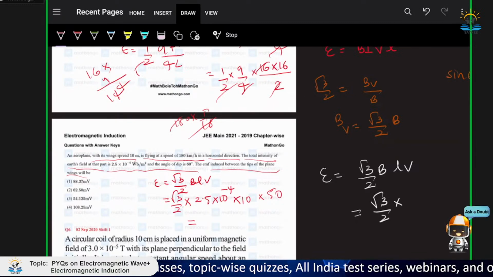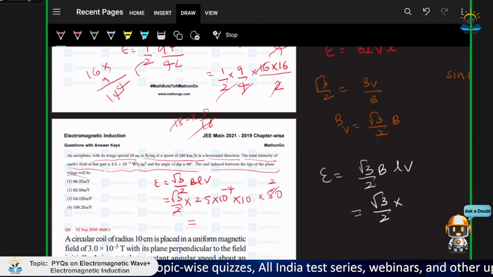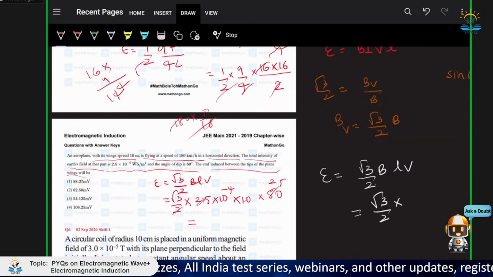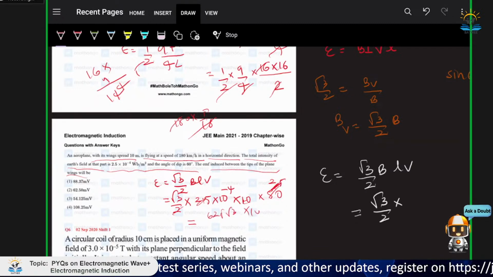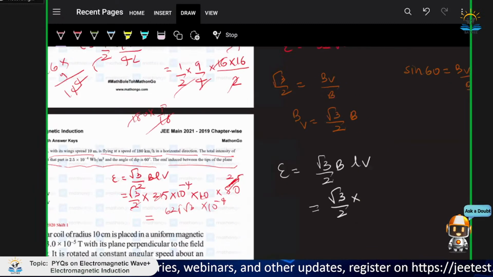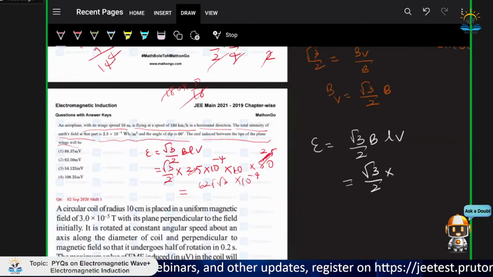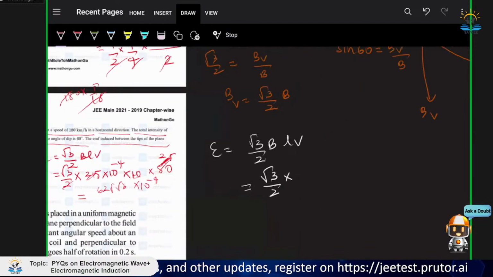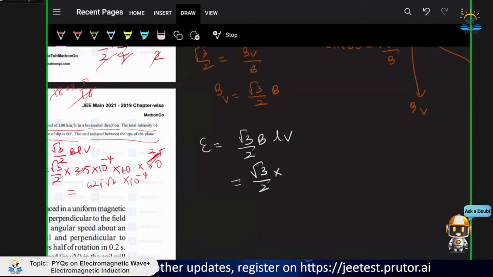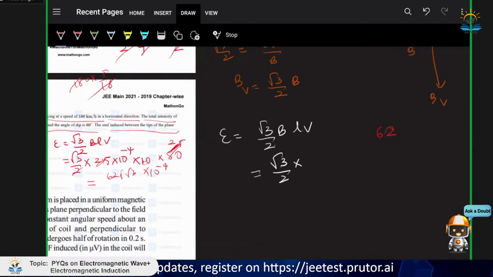2, 2, 25. 25, 25, 625. 625 root 3 into 10 raised to minus 4. Root 3 is 1.7, right? 0.7. 625 into